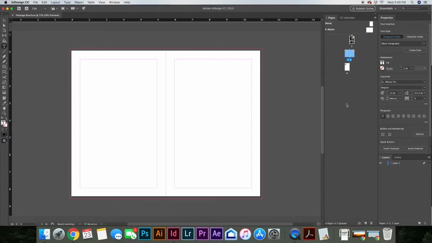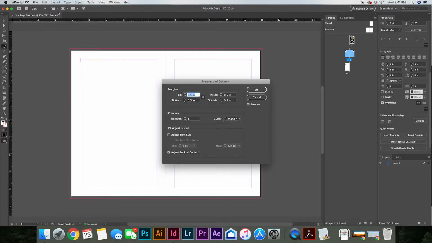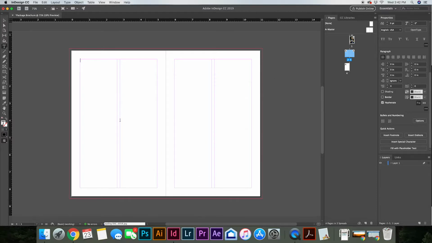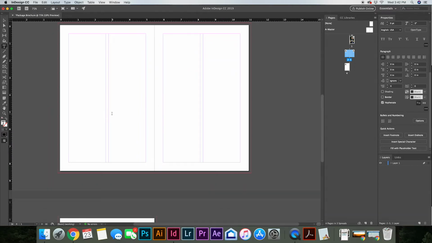Then we can go up to layout and margin and columns. So you can create more than one column. Let's make two columns, and that is probably going to be for the entire document, but that's okay. These are just for these pages. If you wanted it just for this page,